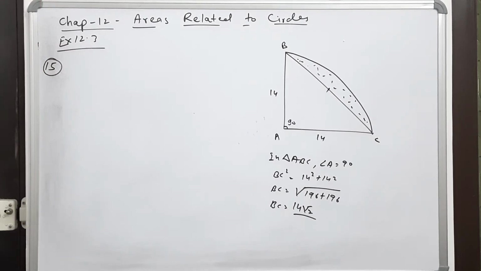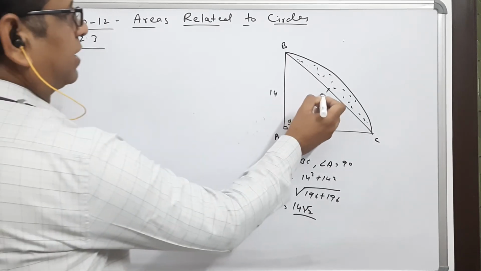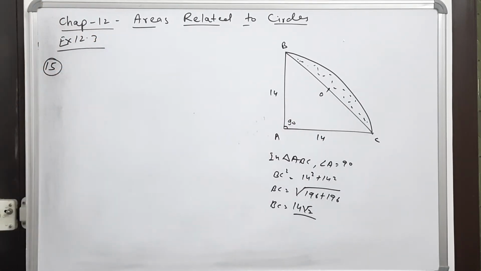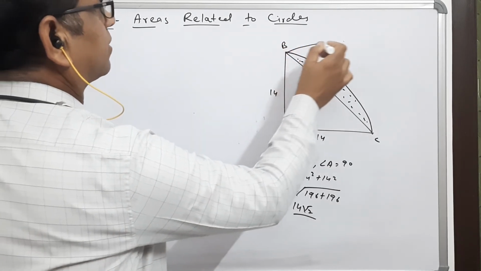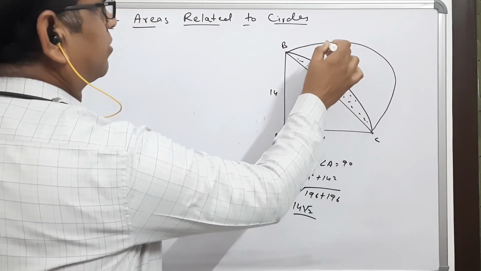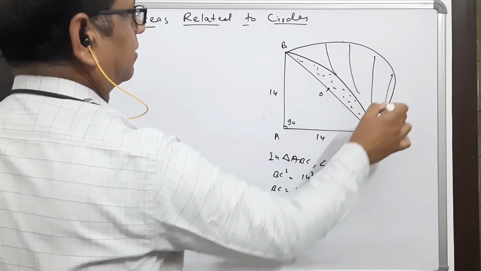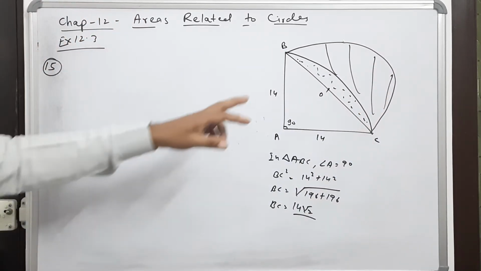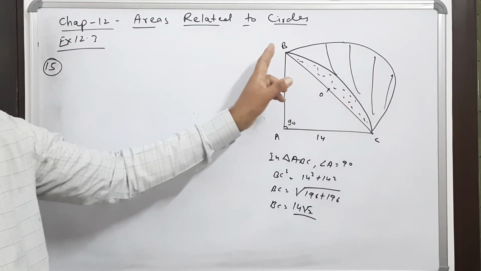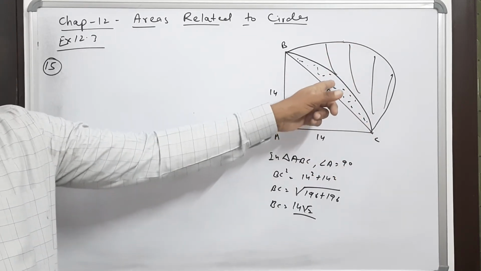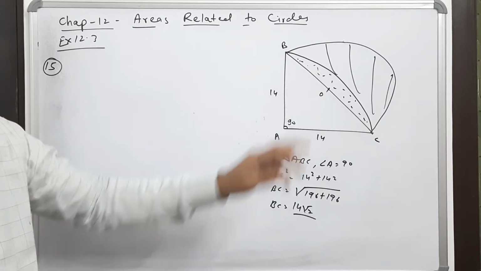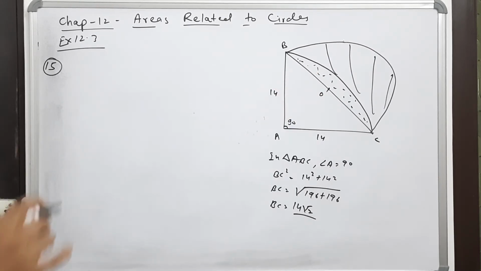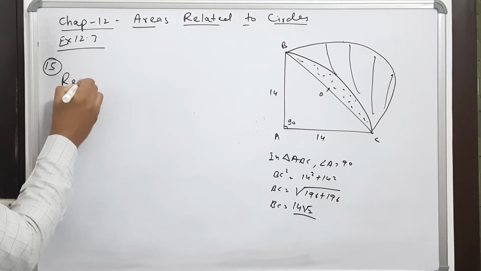Now here, by taking this BC as a diameter, one semicircle is drawn. So now I am making the semicircle, this part, this semicircle, and we have to find this area. So what is this particular area? It is area of semicircle minus area of this dotted part. That is area of segment. So required area is,